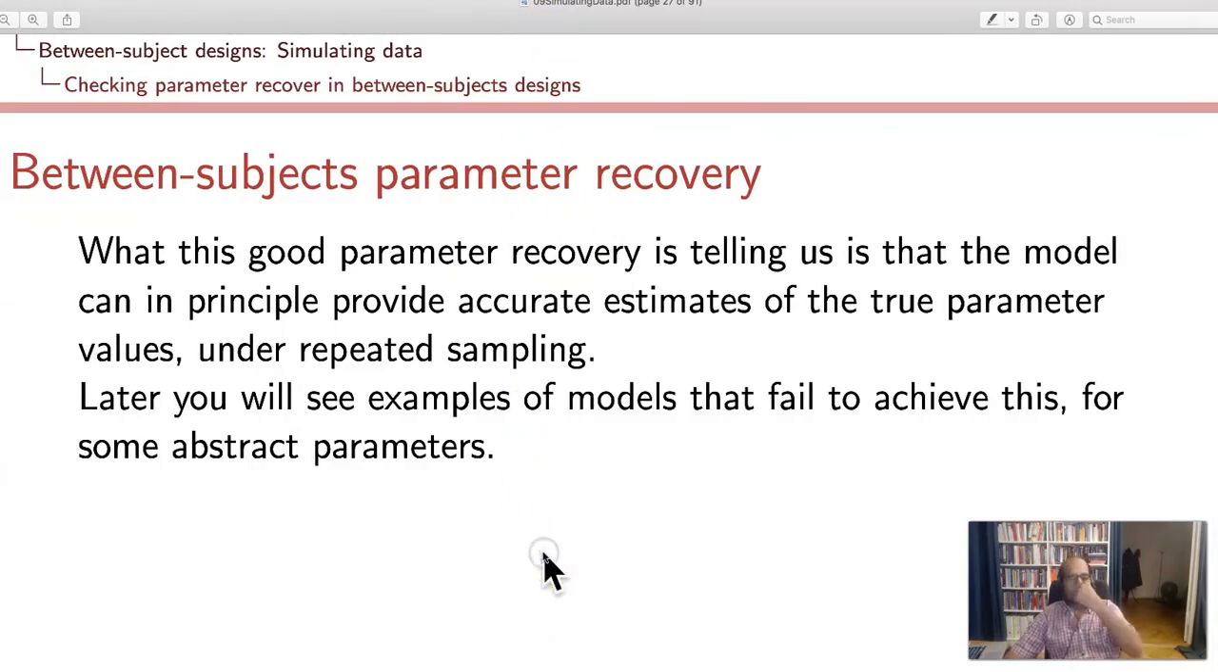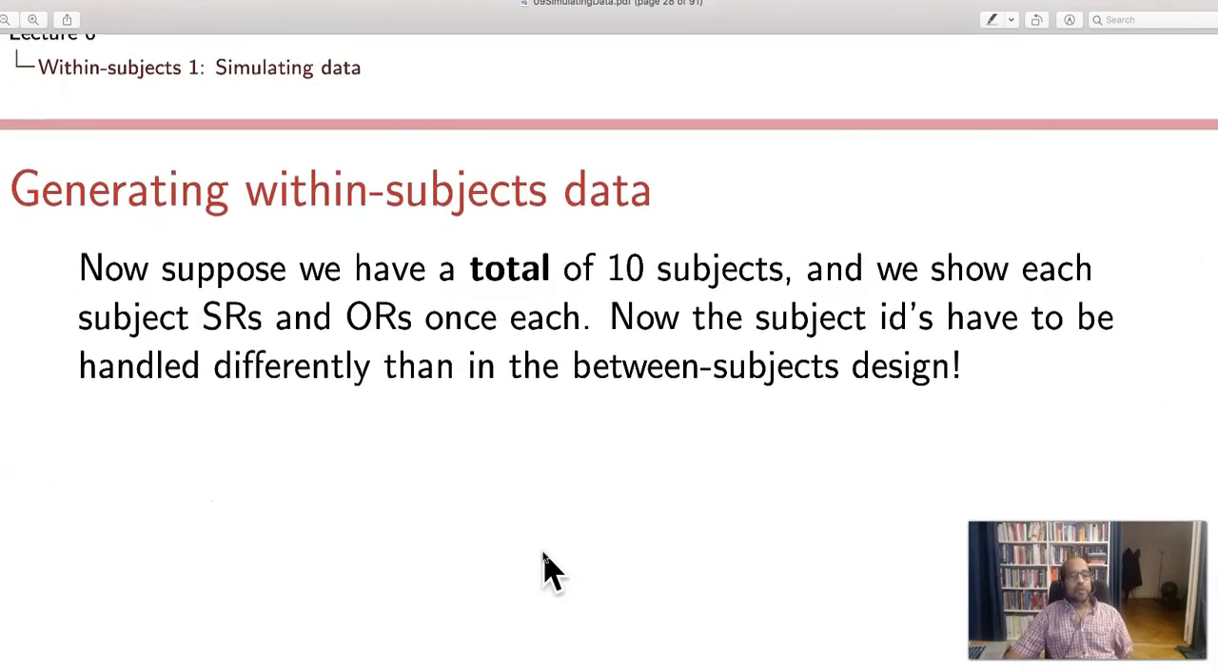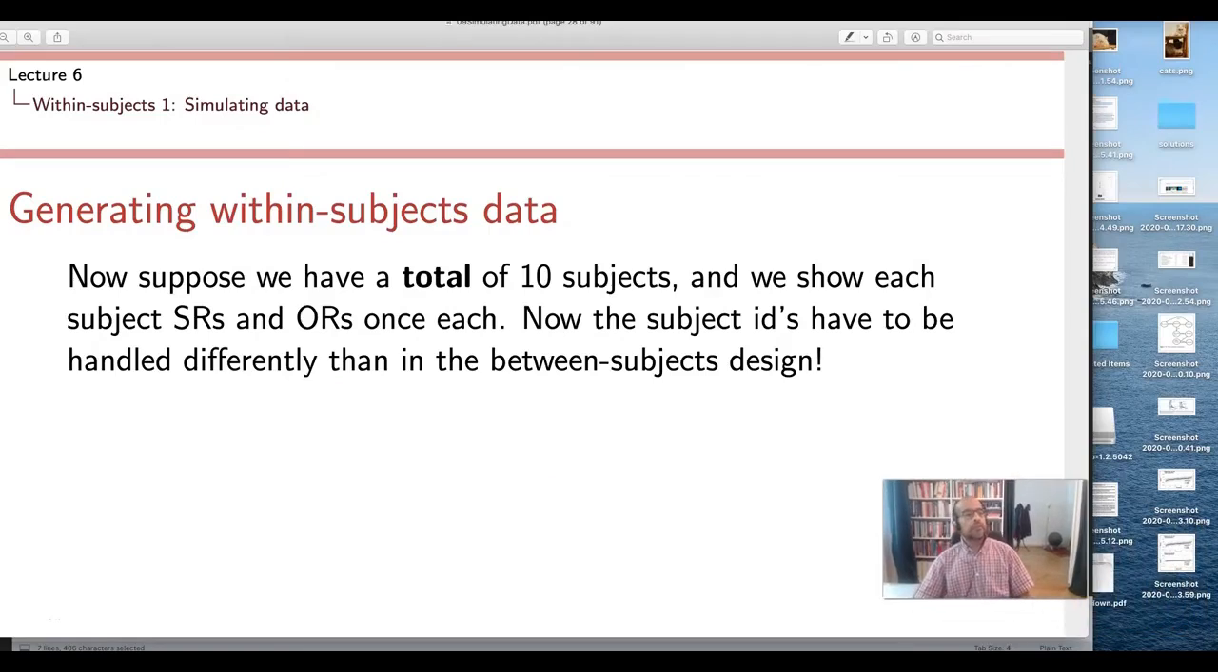Okay, so I just said all this, that parameter recovery tells you the properties of your model under repeated sampling. This is something you can't do in real life, but with simulation you can certainly find out if your model will recover the parameters. Okay, all right, so now the next part of this lecture is about generating within subjects data. Okay, so continuing with the presentation of lecture 6, I'm going to talk in part 2 about generating within subjects